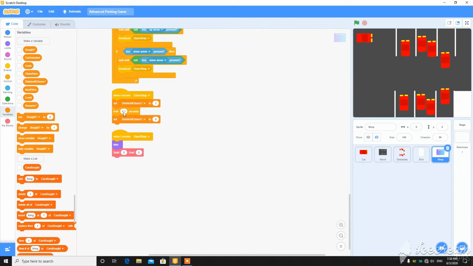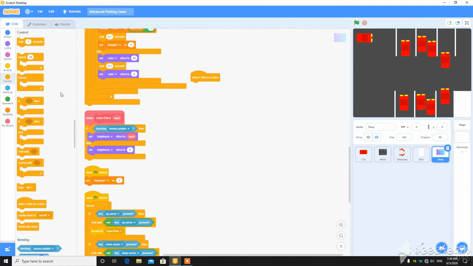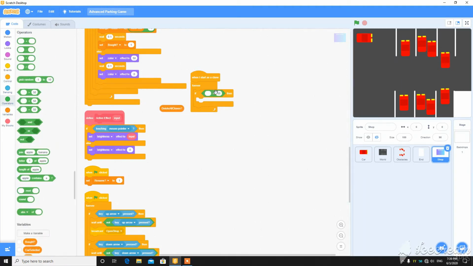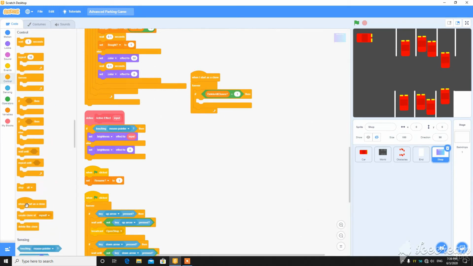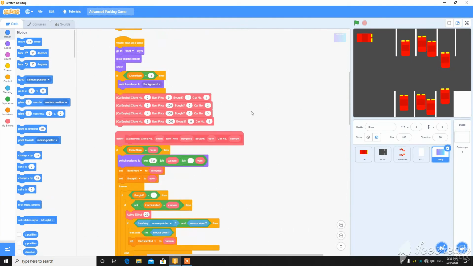And when the close shop, this will work only if I put a script here: when I start as a clone, forever, if delete all clones is equal to 1, then delete this clone. The clone will be deleted as soon as the delete all clones variable is 1.